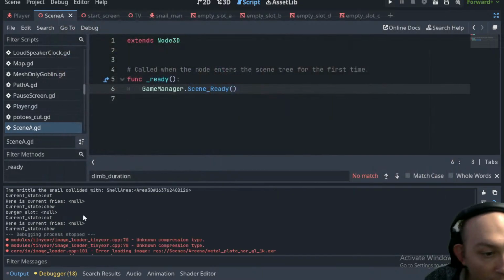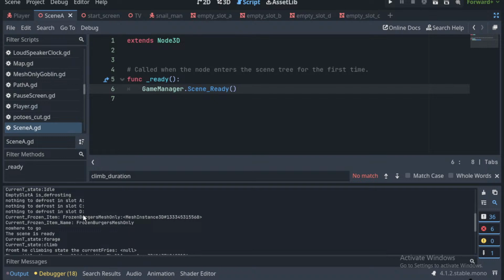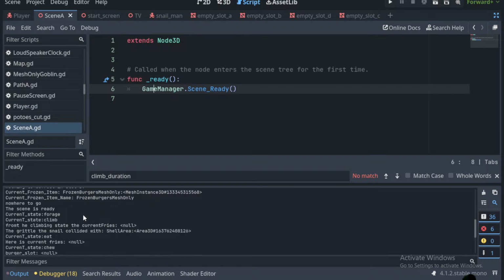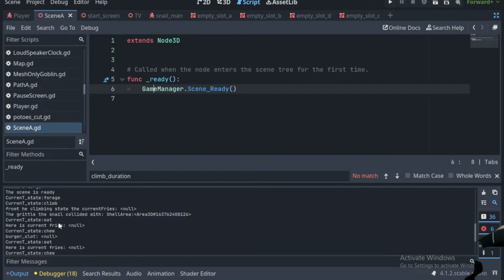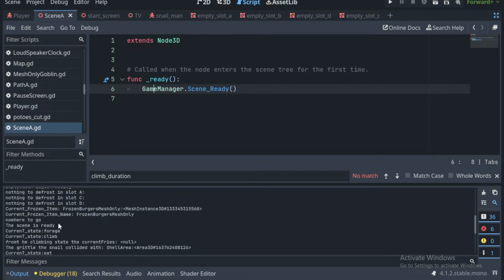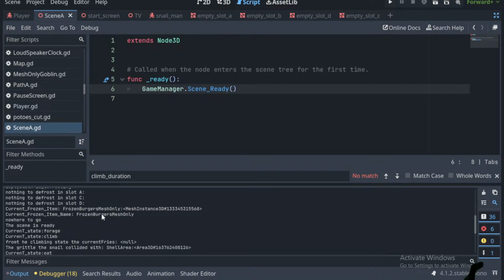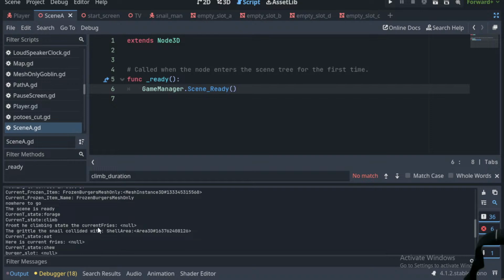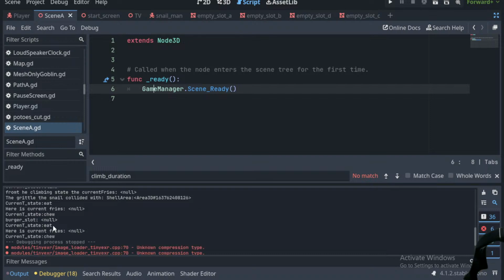Okay, so current state, nowhere to go, the scene is ready, climb. Current state, here's the current state. Will you guys relax? Okay, where are we at here? So current frozen item name, frozen burger mesh only, nowhere to go, the scene is ready. Current fries, null, the griddle, okay. Current state fries, so